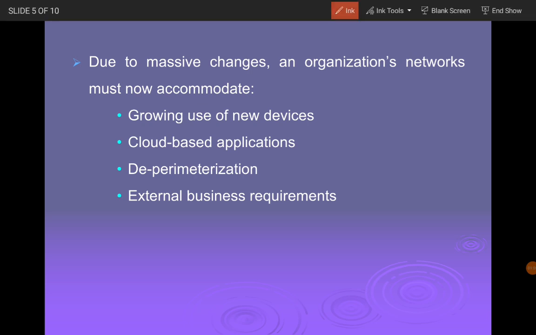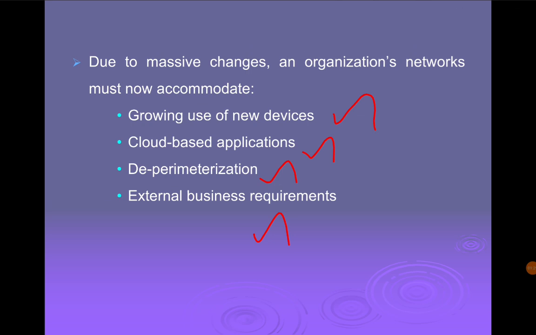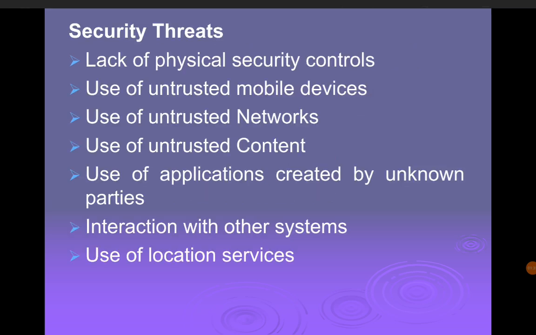Due to massive changes, the organization network must now handle growing usage of new devices. So they have to support cloud-based applications. So deperimeterization is needed to support various services, and they need to meet external business requirements. Because of these, several threats